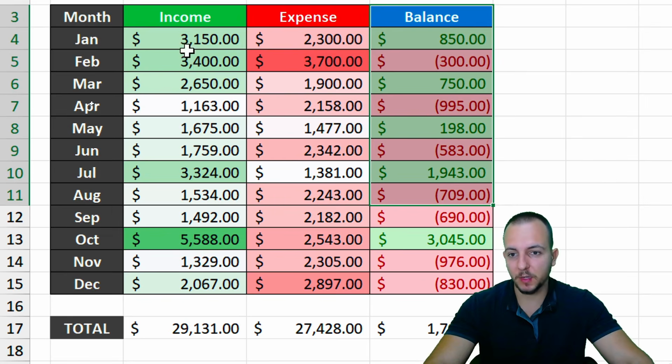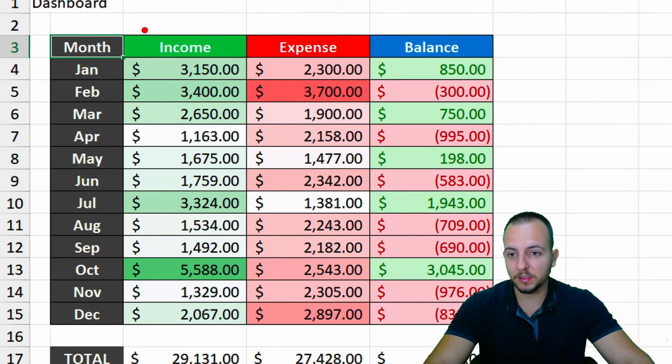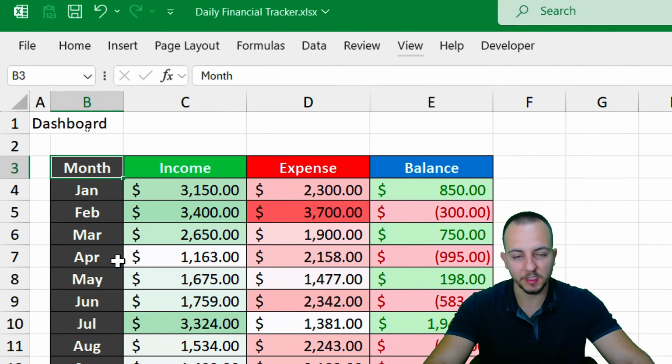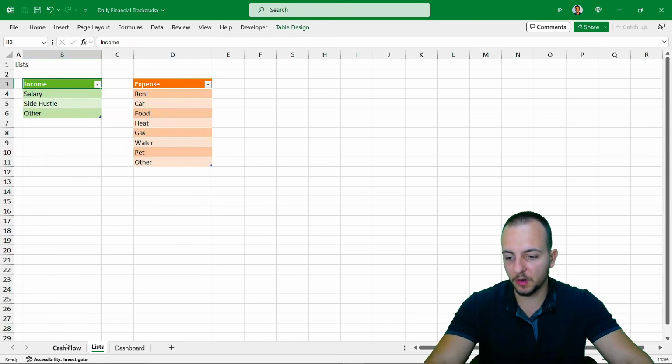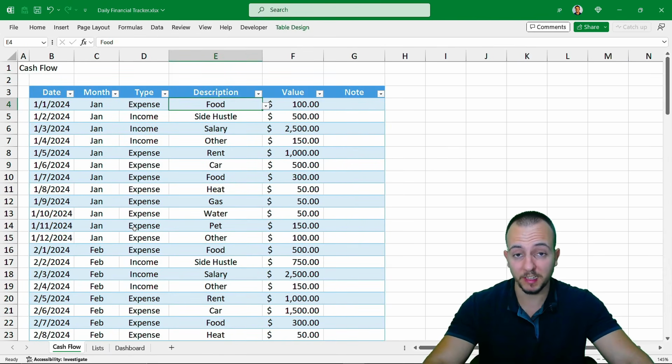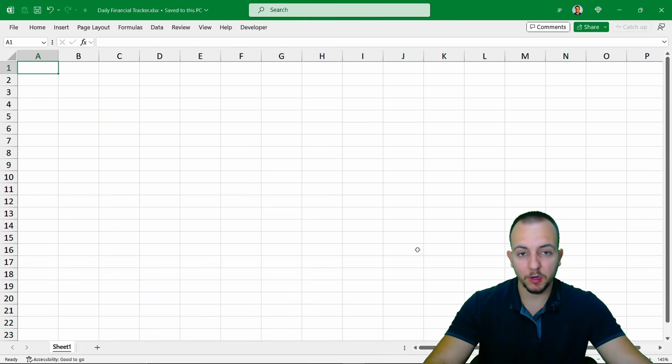In other words, basically we have here an addition with all the values, but following a certain criteria, that is income and the month, January, February, and on, or expenses and the months, and on and on. So let's take a look here on how we can create it step by step from scratch. Let's go. Now with a new blank workbook, the first thing that I want to start with is creating here